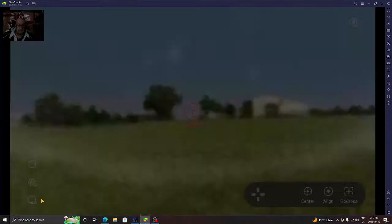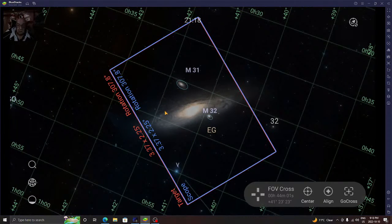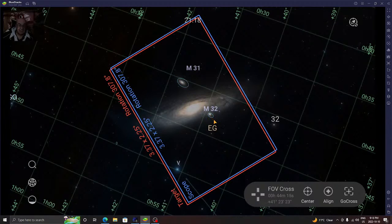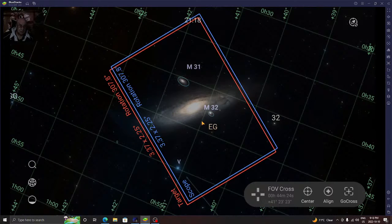This is a great little part of this software as well, the ASI Air software. So this is not the image, by the way. This is internal software that shows you basically, with the way your camera is turned in the telescope, what your image will look like. These are actually two satellite galaxies that are going around M31 and M32 here, that go around the central M31 going around the central galaxy, right? These are actually quite bright